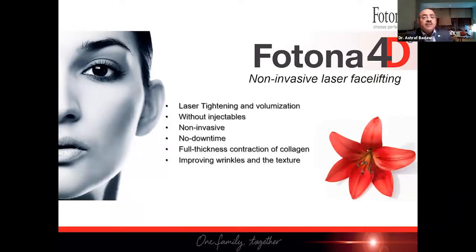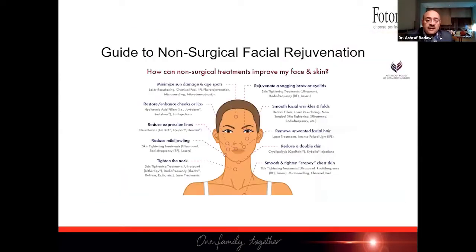Now, when we talk about Fotona 4D, this is a non-invasive laser facelifting. We are able to achieve laser tightening and volumization without injectables. In this case, it is non-invasive. There is no downtime. We are able to achieve full thickness contraction of collagen, and by that, we are able to improve the wrinkles and the skin texture at the same time. So as we can see, for different problems, we have different options. However,